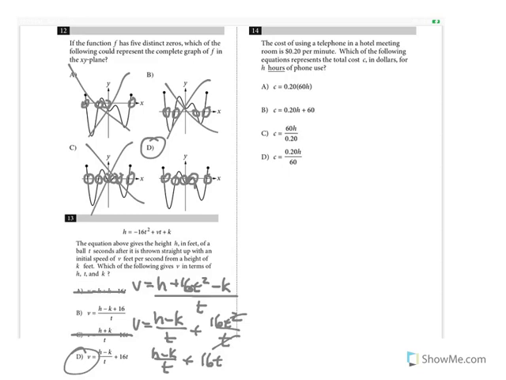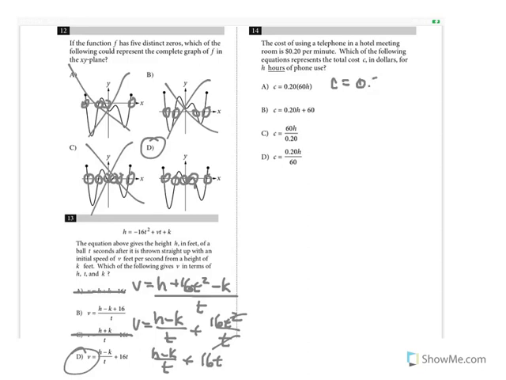All right. The cost of using a telephone in a hotel meeting room is 20 cents per minute. Which of the following equations represents the total cost C in dollars for h hours of phone use? So what we've got to do here, and this is just straight up interpreting the word problem, interpreting verbal to algebraic. So the cost C equals